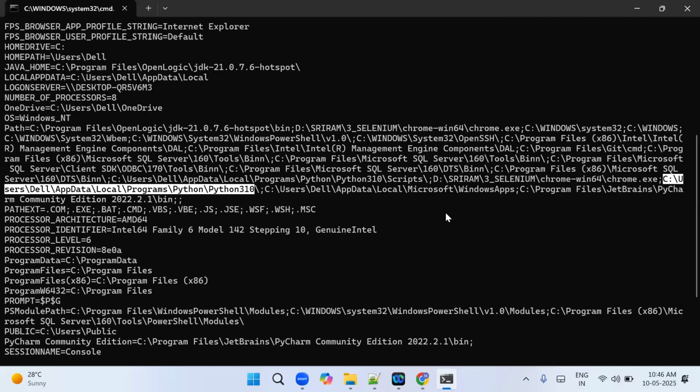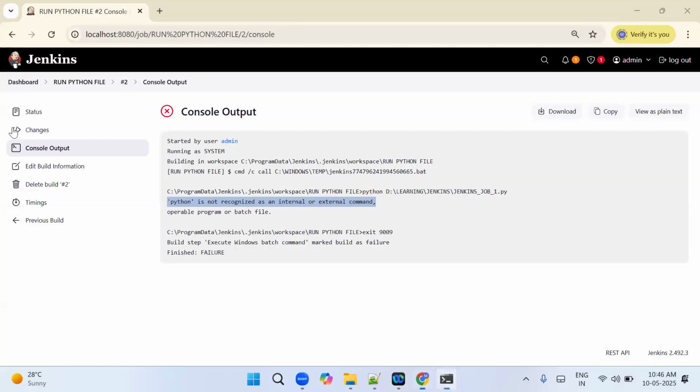Okay. Now by default it is added into this environment variable. That's why if you run it in the Windows system, anywhere it is able to recognize it. But if you do the same in Jenkins, it cannot recognize it, because Jenkins doesn't know this path. It cannot access this path. That's why what you need to do is select this path, the exact name, then go to dashboard,